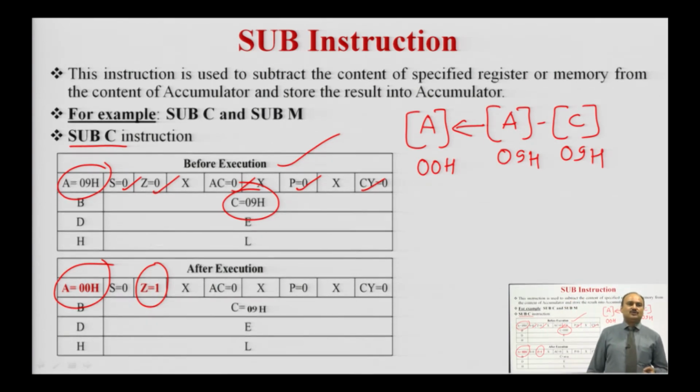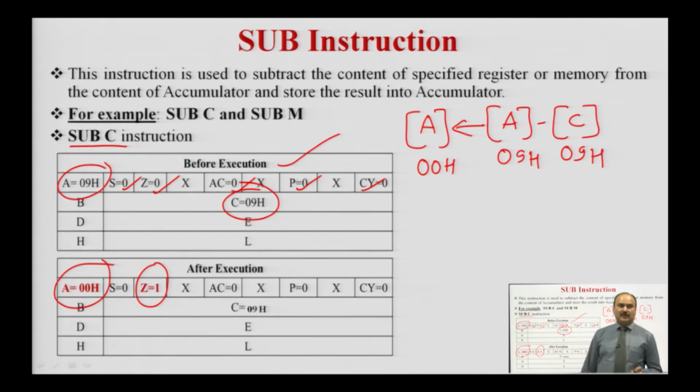to indicate that the processor subtracted two same numbers, that is why the result is 0, and when the result is 0, the zero flag is set to 1. The sign flag is 0 because the number is positive. For the auxiliary carry, there is no carry from the D3 to D4 position bit. The parity flag is reset and the carry flag is reset to reflect the result of the operation. After the execution of this instruction, the microprocessor will store the result into the accumulator register, the result is 00H.